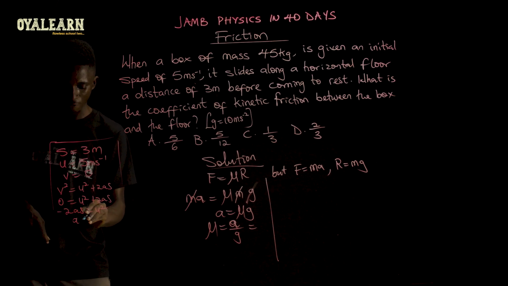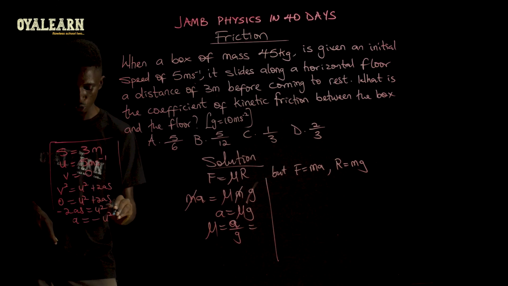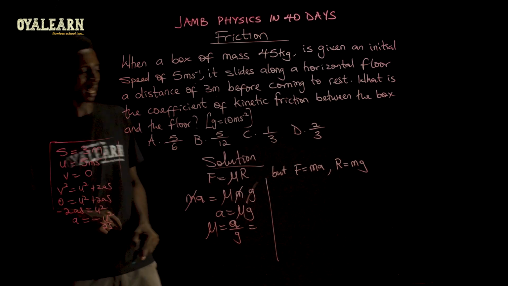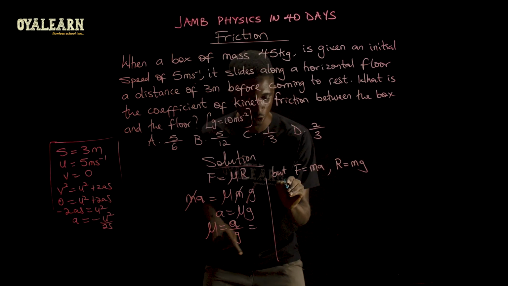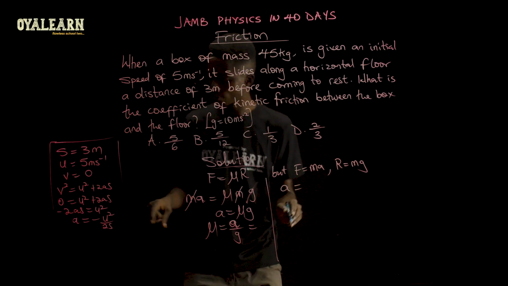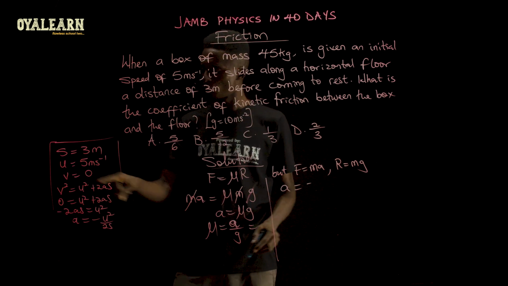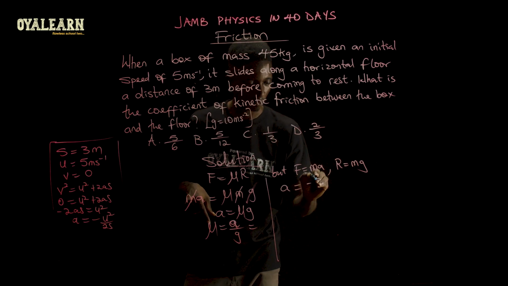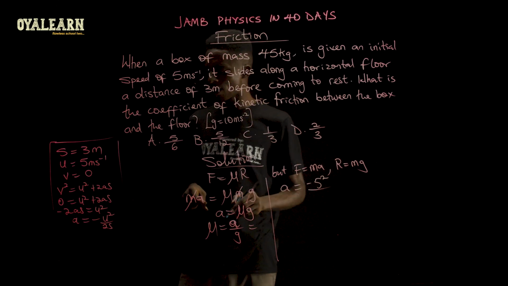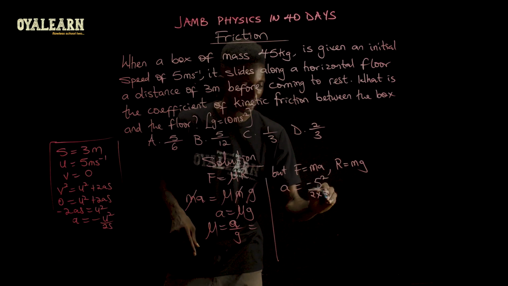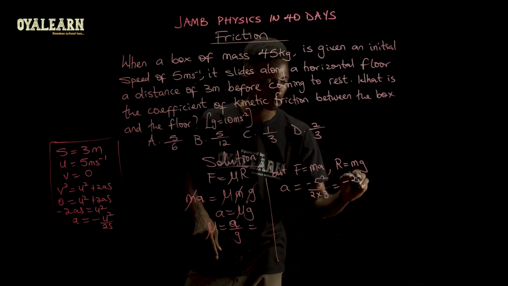And then A can be negative U squared over 2S. So let's solve that here now. A therefore becomes the negative sign and then U squared. U is 5. So 5 squared over 2S. 2 times S is 3. So what we have here is negative 25